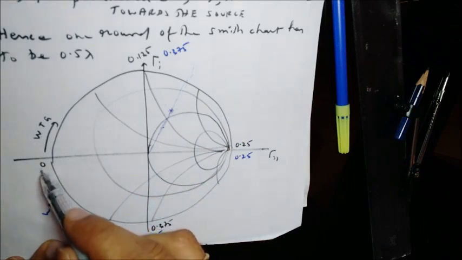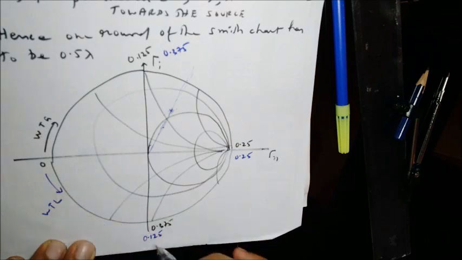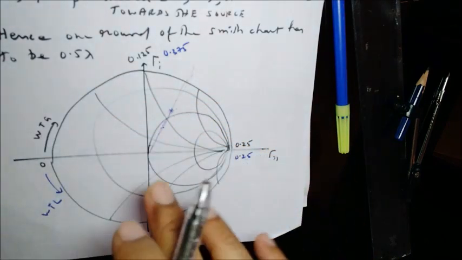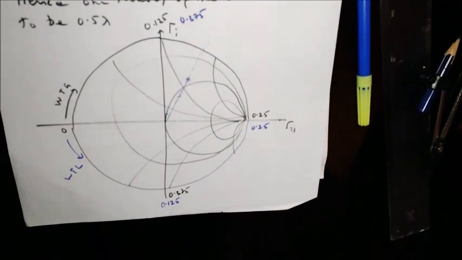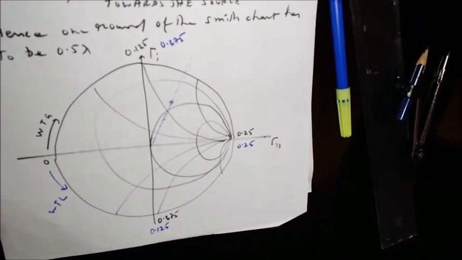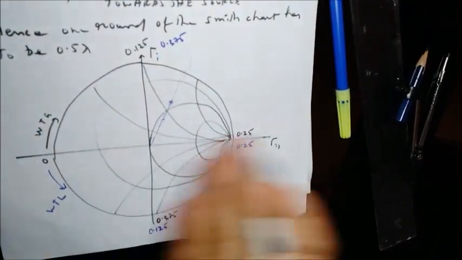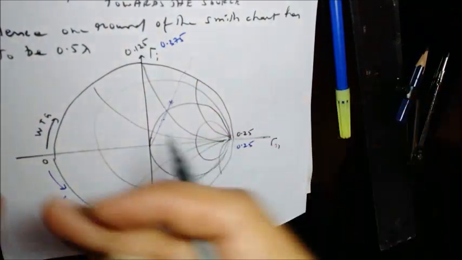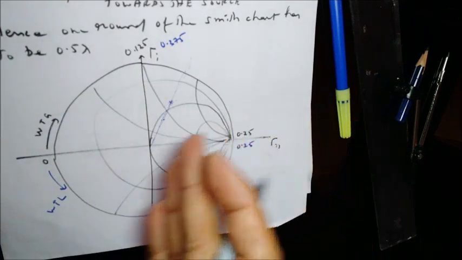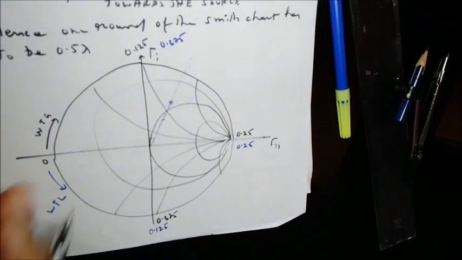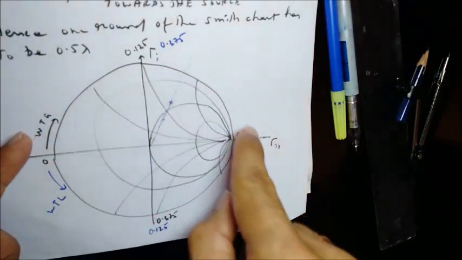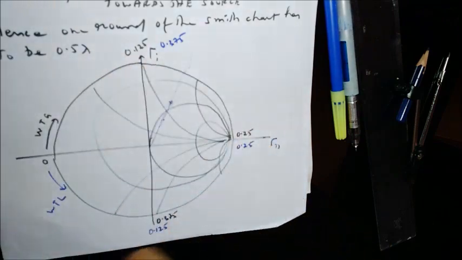Again, this 0 is taken as this point itself. Now you can look at the blue colored letters here: 0.125 lambda, 0.25 lambda, 0.375 lambda, and back 0.5 lambda, you come back. So this is how we usually show this on the Smith chart. This is how we show the fact that if you move a distance of 0.5 lambda towards the load or towards the generator, you'll end up getting the same impedance as at the point where you started your movement. Now that is how we show this. So there will be an additional set of numbers which you will see around the Smith chart.